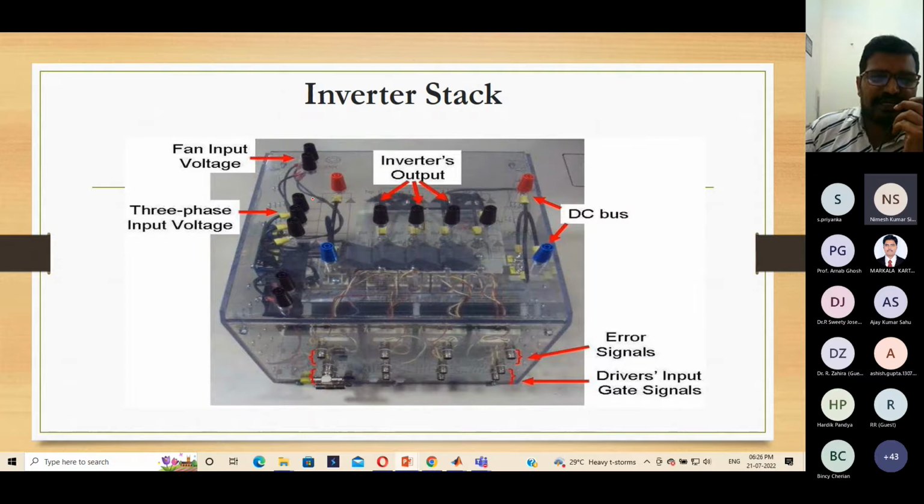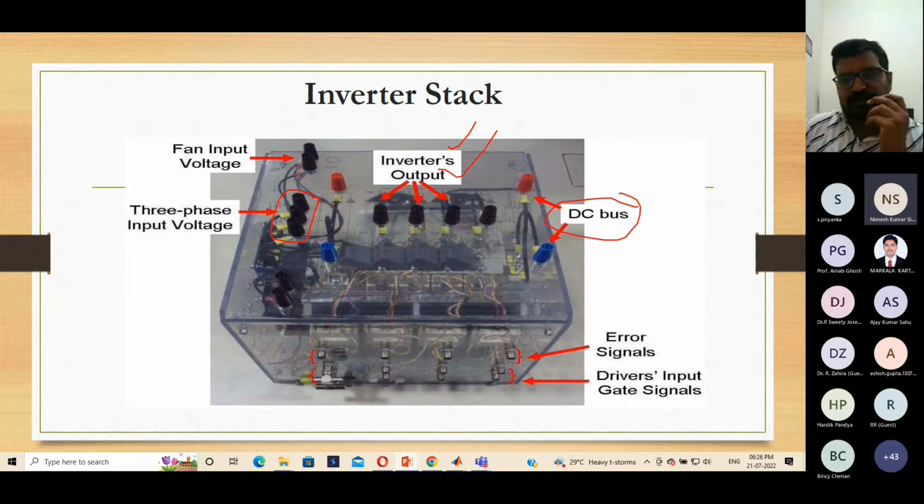As you know, an inverter converts DC power into AC power. In some applications, if AC power is available, that can be rectified, and the rectified power is given to this inverter stack, which will give the inverter output. Otherwise, if you have a DC supply, you can directly give it to this DC bus and you will get the